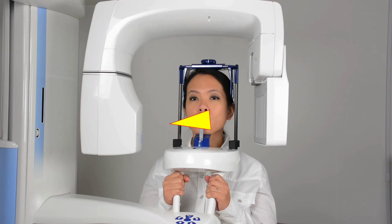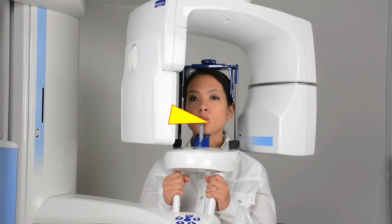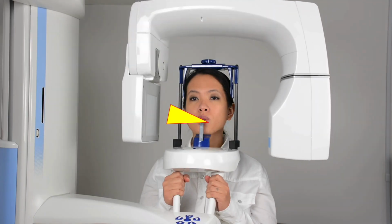So when a scan is taken, it travels around the patient's head, and when we want to do low dose, the manufacturer spins around the patient's head faster. They're called quick scans, and they take about 2 or 4 seconds to scan around the patient. They take about 400 frames during a 3D scan, but when they travel that fast, they can only take about half of those frames. Planmeca is different with Planmeca Ultra Low Dose because we don't sacrifice the amount of frames